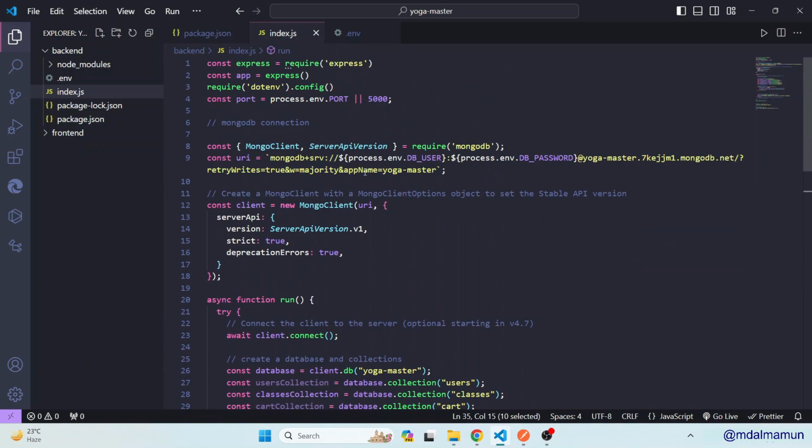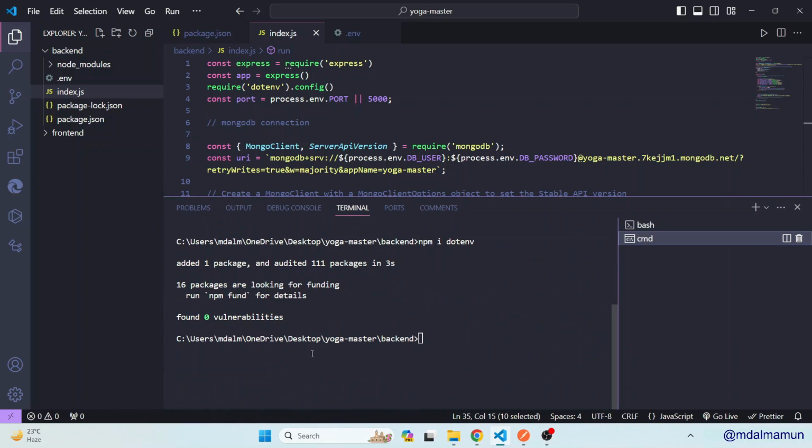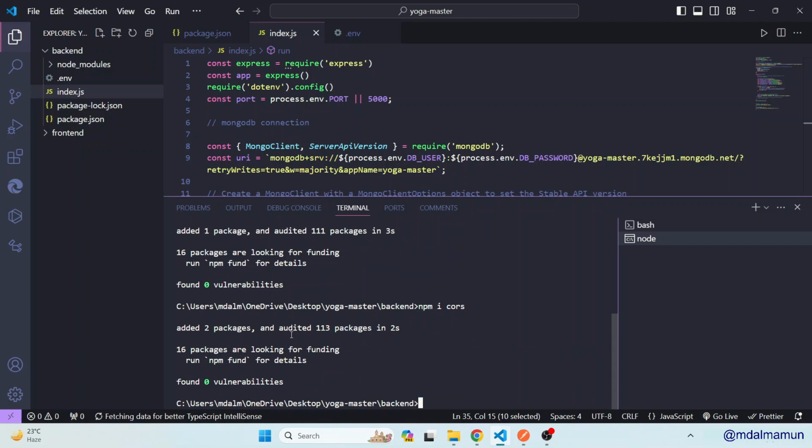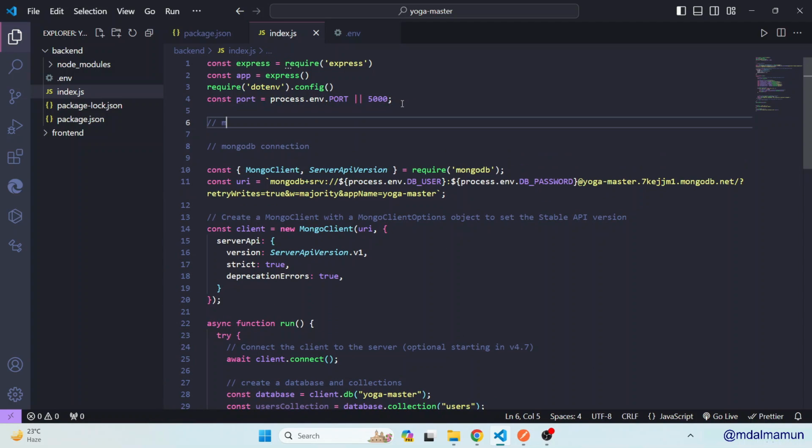Actually we'll have to create some middleware. So let me install cors. So here let me define the two things. We will have to define a package, so that way npm install cors. Okay, so this is done. Then we'll have to define two middlewares. So middleware,